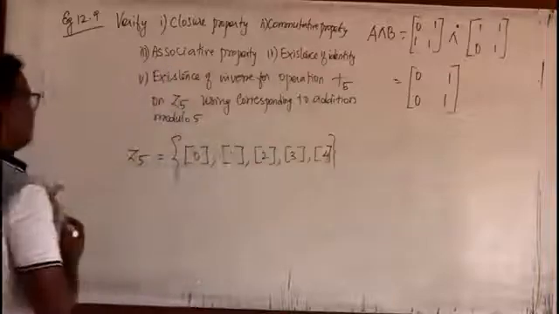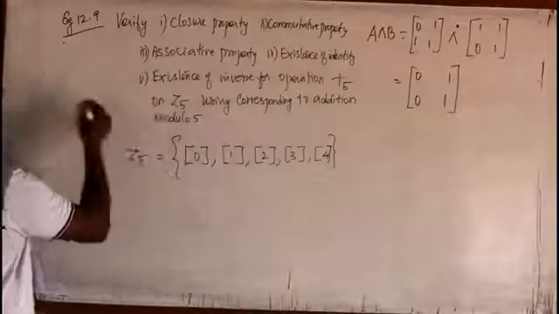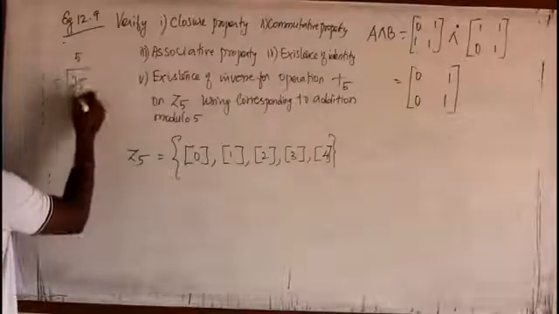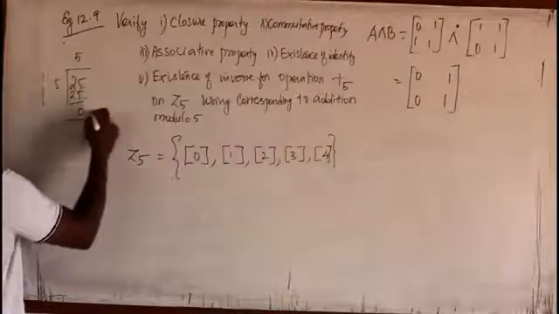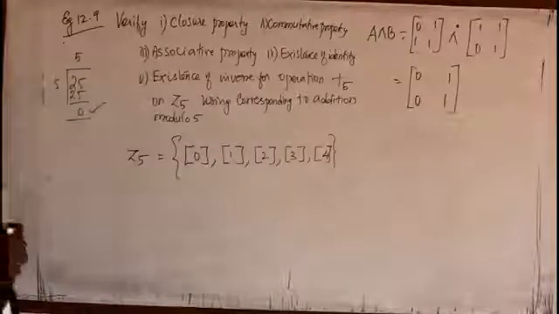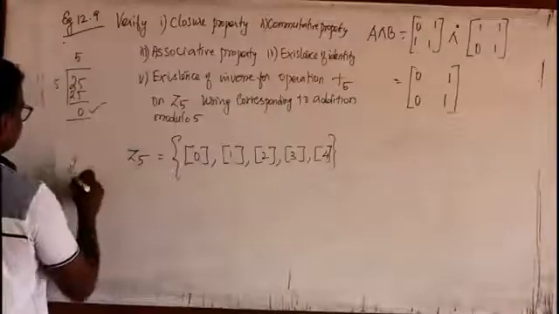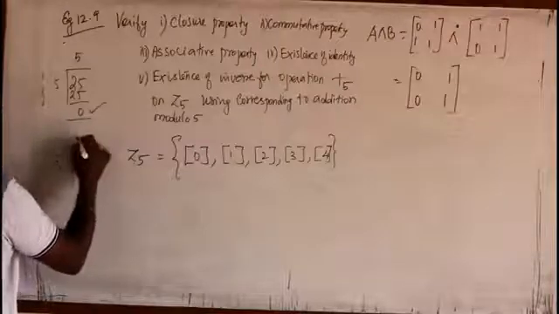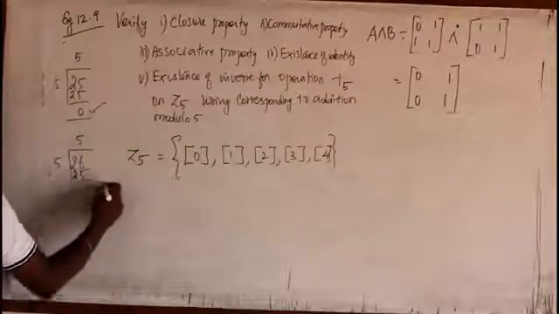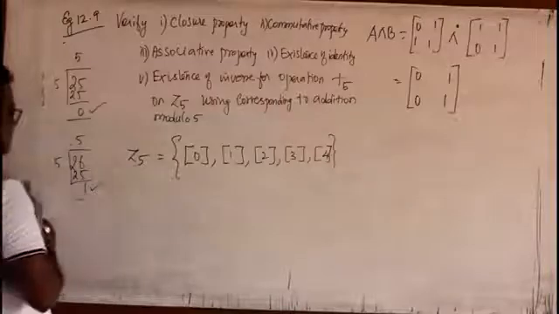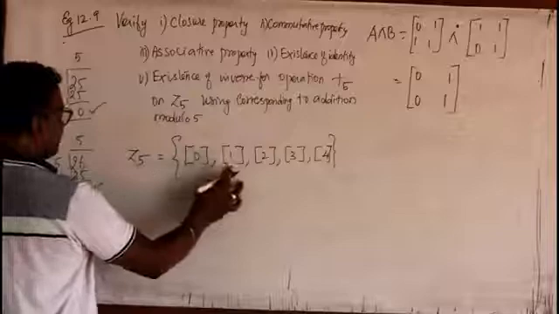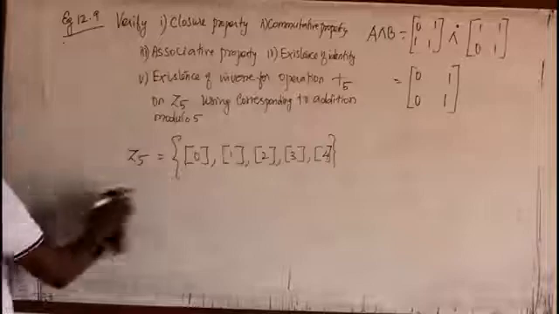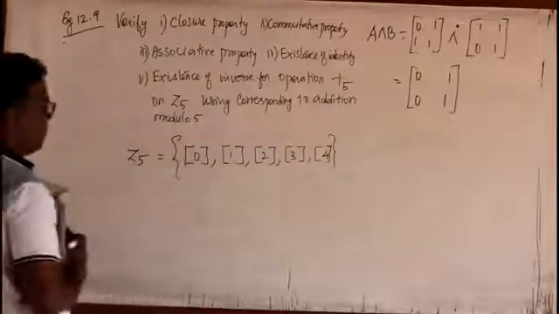That means I am just collecting the numbers. When the number is divided by 5, like 25, the residue will be 0. Like that, all the numbers whose remainders are 0 are taken here. Similarly, suppose I have 26, if it is divided by 5, 5 times 5 is 25, the remainder will be 1. Wherever I get remainder 1, all those numbers are collected. Similarly, 2, 3, 4. This is called residue class modulo 5.